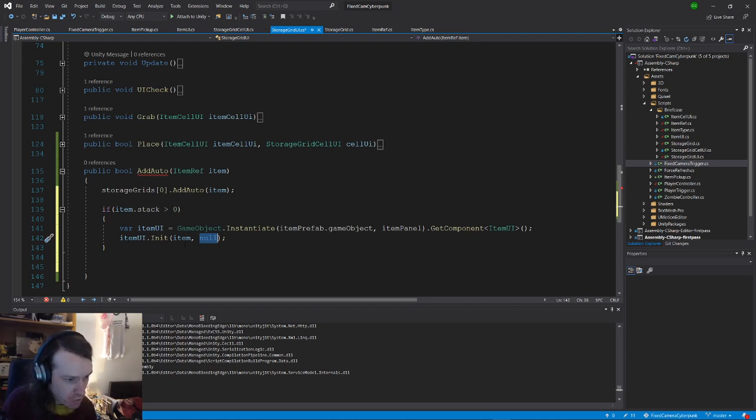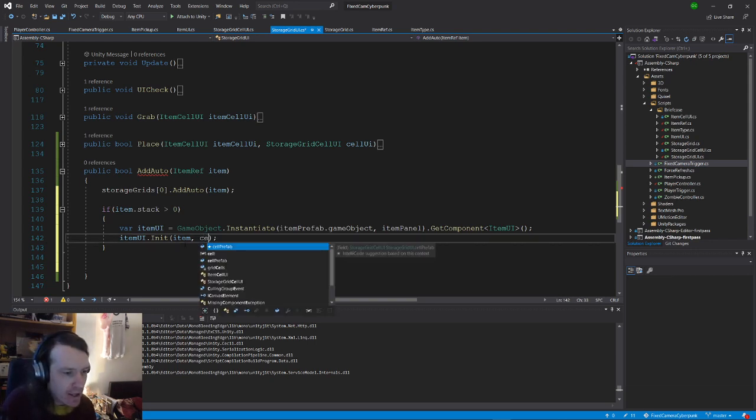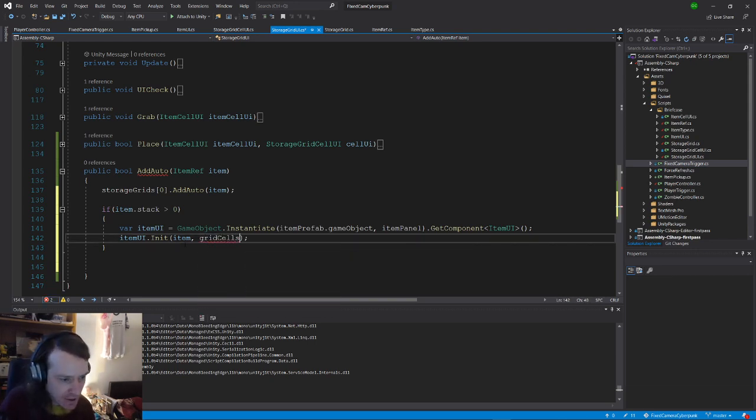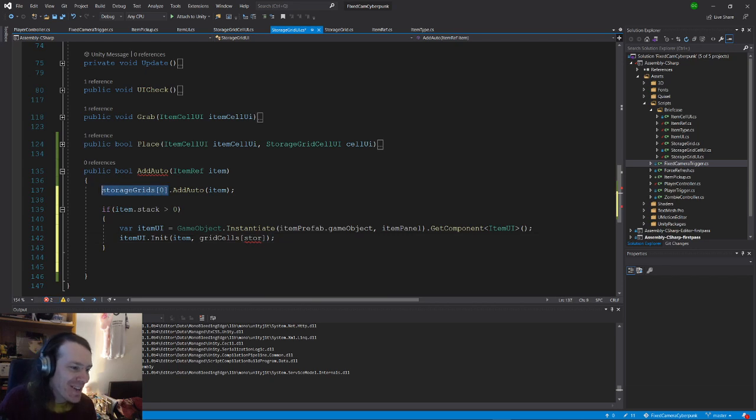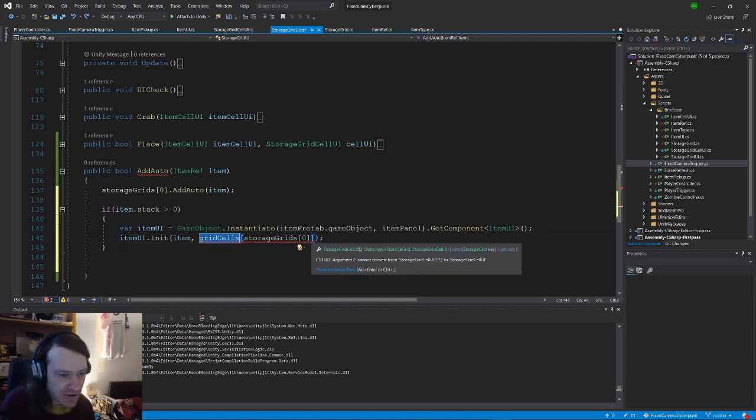So we'll need to get a reference to that in UI space. And I think I'm doing that by grid cells. And that's a dictionary with a key called storage grid. There's a lot happening here. This is not something I can just quickly casually go over, but I hope it makes some sense. So we're using the storage grid as a key in this grid cells dictionary, right? At least I think that's what's going on. Yeah, we use a storage grid as a key,